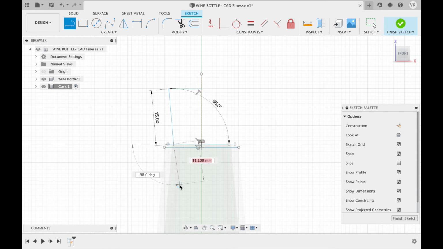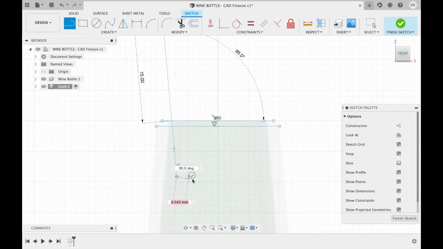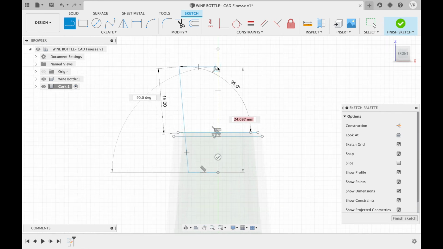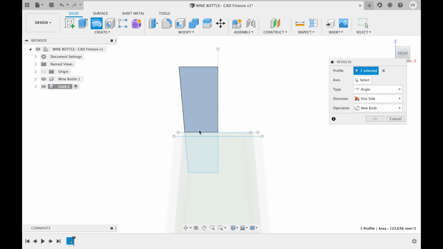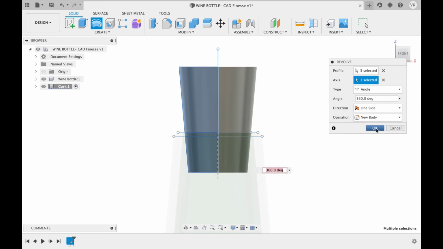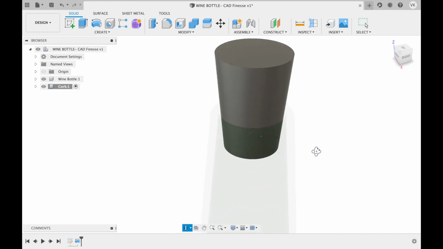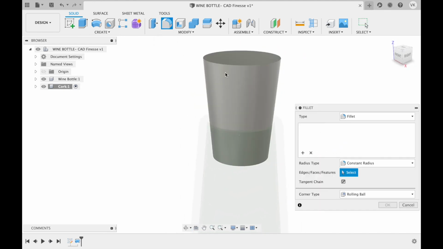And now we'll further extend this line further into the bottle, and now we'll just close the figure. Right, so we have created a 2D sketch which is ready to be revolved around an axis. In this case, the axis will be the symmetry line itself. We'll select the profile, select the symmetry line as an axis, and hit OK, and we'll get a 3D model